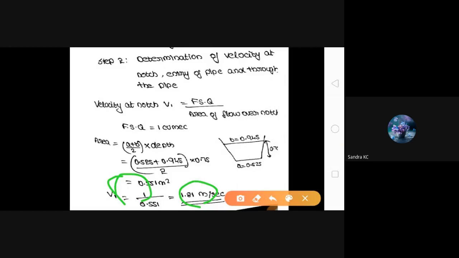Okay, what's the correct value? Okay, 1.826. So we can round it and take it as 1.83. Okay, then